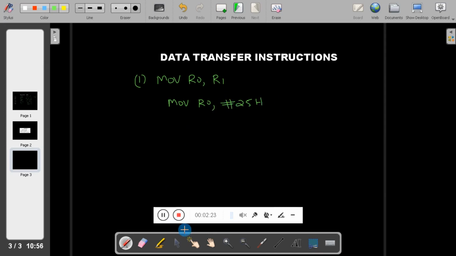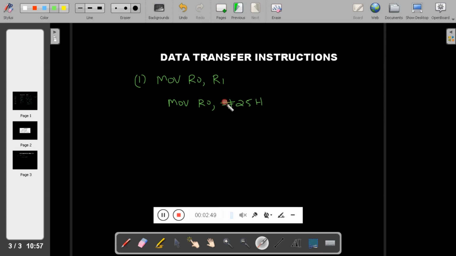So here you can see we have MOV R0. R0 will get data 25. Here H means that the data is in hexadecimal format, and to represent data, the number should be preceded by hash. Then it indicates that it is data, not an address.